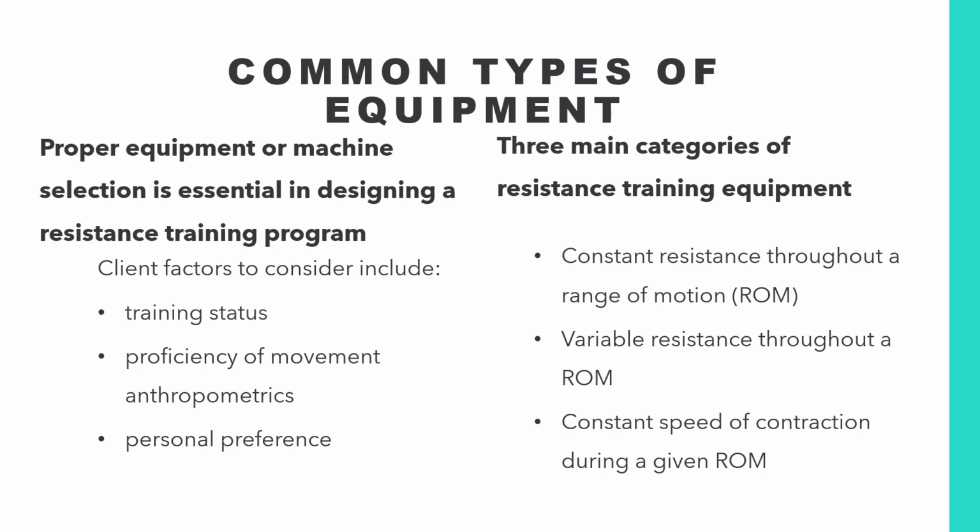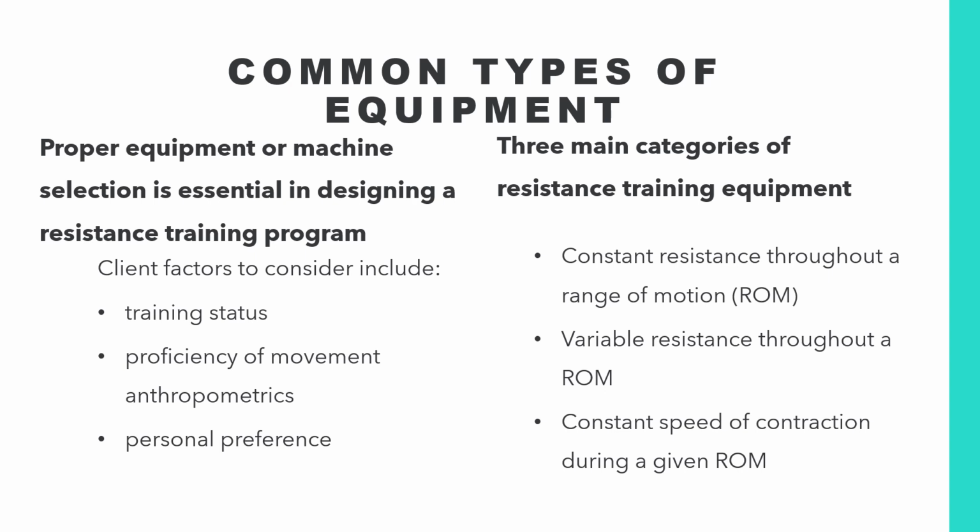Beginners or individuals with limited stability may benefit from using weight machines that provide additional support and guidance. On the other hand, more experienced individuals may prefer the challenge of free weights for greater neuromuscular activation. You want to ensure that the selected equipment offers enough variation and progression options to continuously challenge and stimulate the muscles. This can include adjustable weight stacks on machines, a variety of dumbbell or kettlebell sizes, or resistance bands with